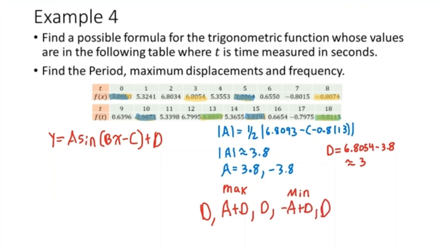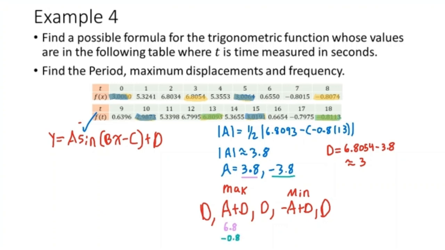From this pattern of d, a plus d, d, negative a plus d, and d, we can tell sine is the most convenient function to use here. Now, what should be the sign of a? Should we make it 3.8 or negative 3.8? Well, to figure out which, let's see what happens if we calculate a plus d in the two cases. If we make a the positive 3.8, a plus d would be 3.8 plus 3, which is 6.8. On the other hand, if we make a the negative 3.8, negative 3.8 plus d, which is 3, would be